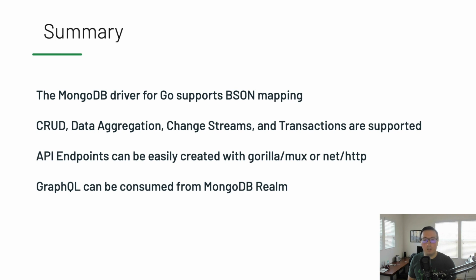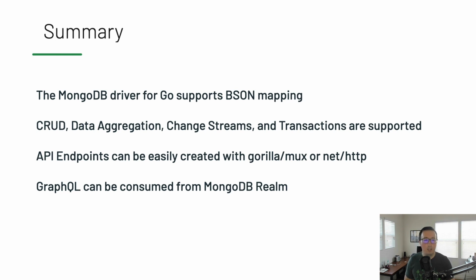We saw how to do CRUD, but we didn't see how to use the data aggregation framework. We didn't look at change streams. We didn't look at transactions. They're all supported with the MongoDB Go driver. API endpoints could be easily created. We saw how to do it with Gorilla Mux. You could use the very basic one included with the Go net/http package. They'd be similar, but there are some differences